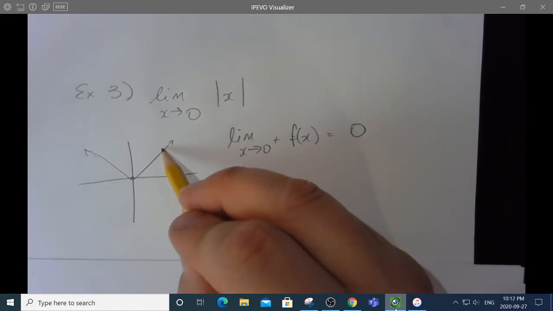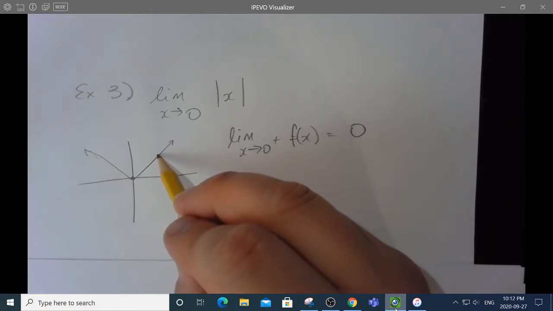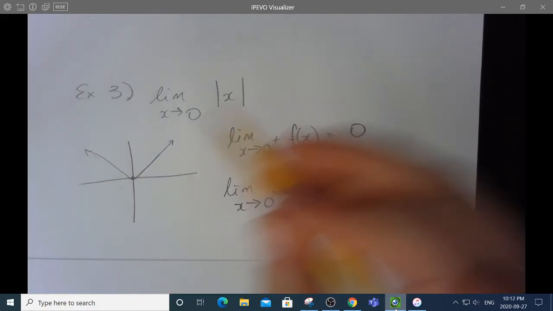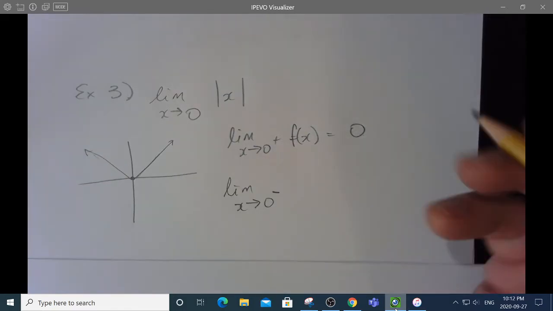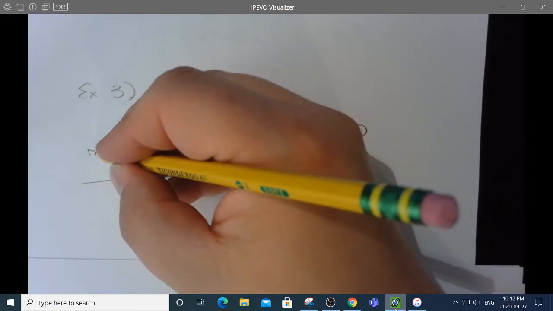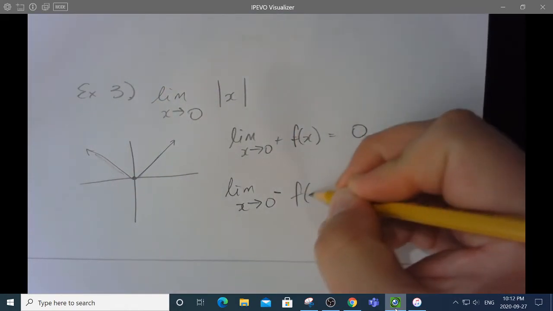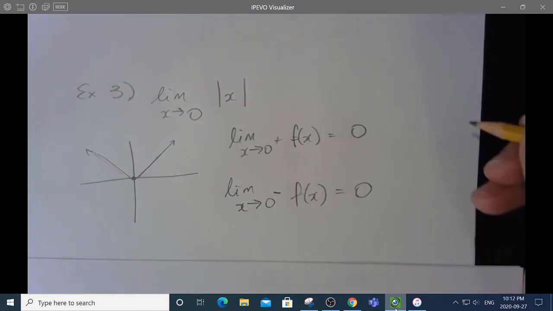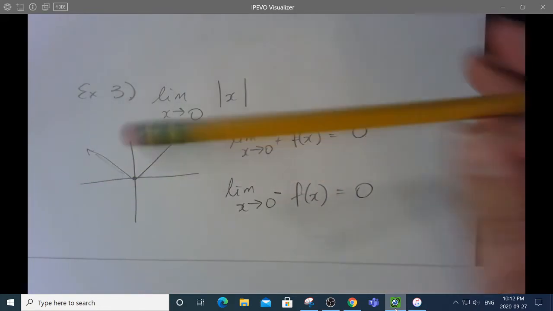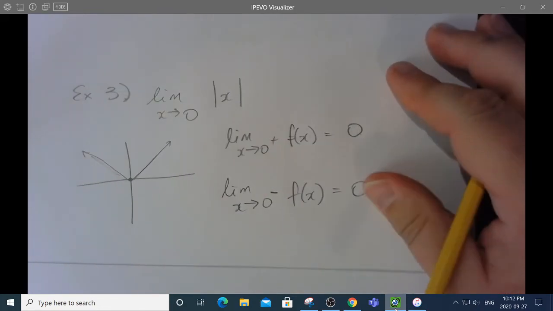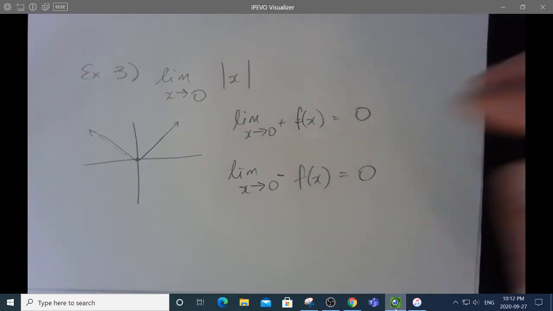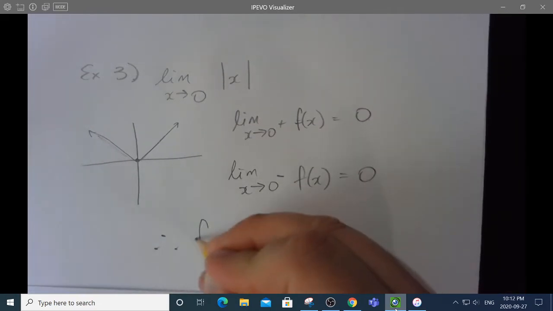As I look at what the y values are doing, as my x values get closer and closer to 0, as you can see, I'm approaching a y value of 0. And as my x values get closer and closer to 0 from the left, this way, again, f of x is going to equal 0. So the two left and right limits agree with each other. They both say 0. Therefore, the limit,